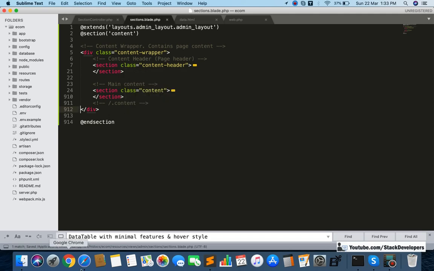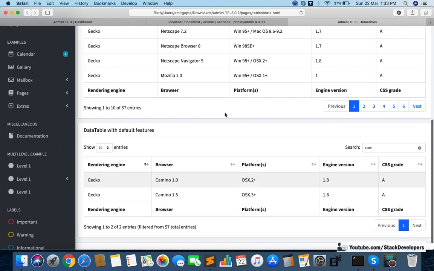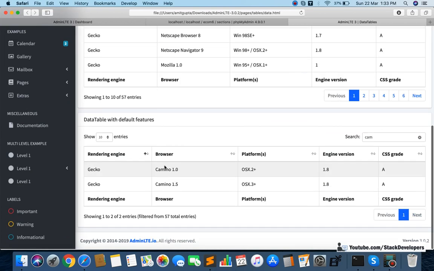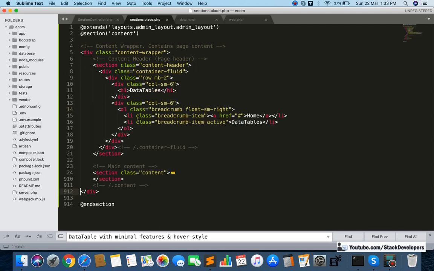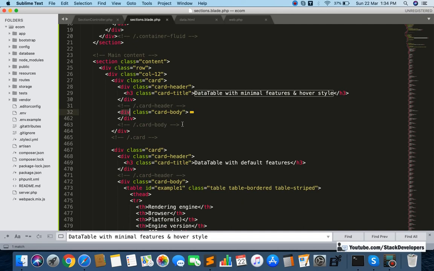And we will remove, see, we require one data table, and we will choose this one. In fact, the data table with default features has search also, paging also, show also. So we are going to use this one. I'm going to remove the first one and check the data table. This is the heading of the data table, that is fine. And after that, I'm going to remove this one. I will try to remove this one from our script, and we'll keep the second one